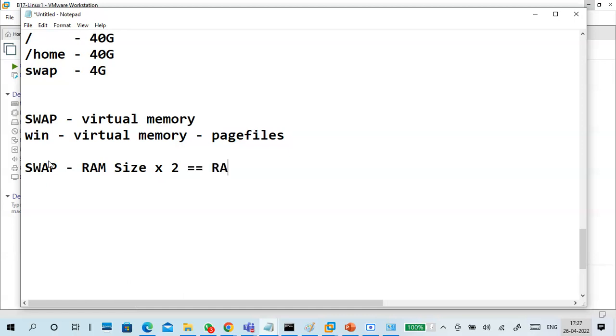For example, your RAM is 2 GB. You take 2 GB RAM times 2, so 4 GB virtual memory. That is the minimum. You can take more also, but it is better to take like this. If your RAM is 4 GB, swap is 8 GB. RAM is 1 GB, swap is 2 GB. RAM is 512 MB, swap is 1 GB. That's why I take 4 GB, because my RAM is